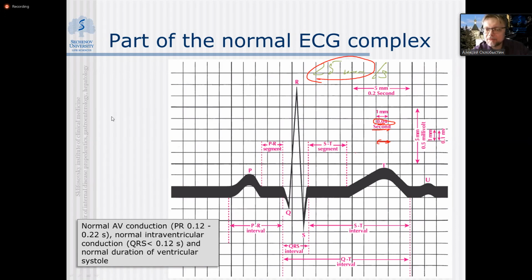This paper will have larger readings, a larger mesh. That will be 5 millimeters. And those 5 millimeters obviously will be equal to 0.2 seconds. Again, that will be important to remember when we assess the heart rate. For the amplitude of the